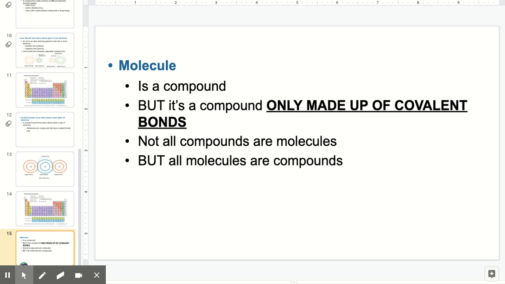Just a little breakdown of what I was saying about molecules. A molecule is a compound. Molecules only have covalent bonds. Not all compounds are molecules, but all molecules are compounds. I know that's a little tricky, but that's our foundation here for the chemistry of life